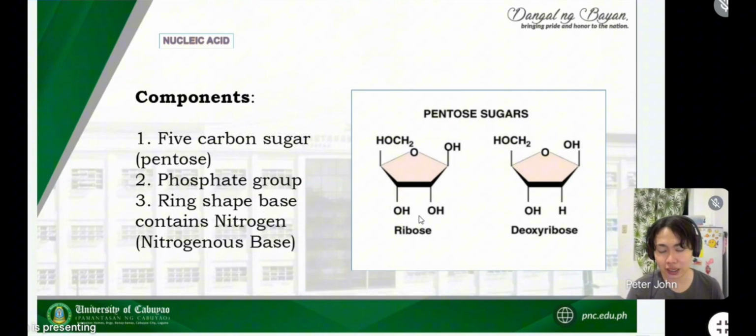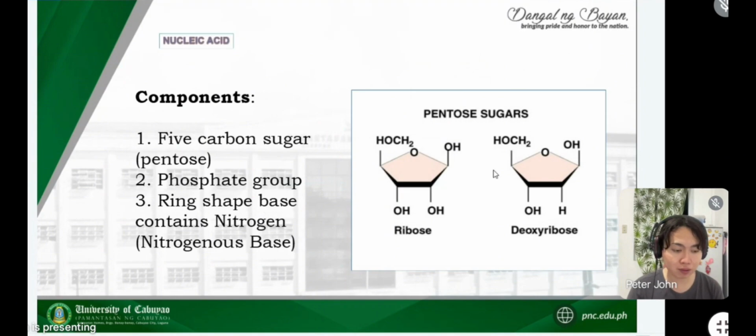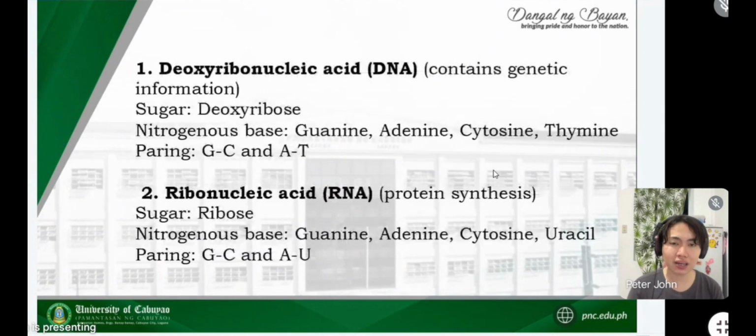So, ito po yung sugar niya. And both types of nucleic acid ay magkakaiba yung tawag sa sugar nila. We have the ribose, and we have also the deoxyribose. Okay, so itong sinasabi ko na dalawang types ng nucleic acid: si DNA, or yung pinakabuong pangalan niya, deoxyribonucleic acid, and we have the RNA, or mas kilala natin yung ribonucleic acid. DNA contains our genetic information. Yes po, it is a type kung saan the reason bakit magkakaiba nga yung itsura natin. And the sugar is deoxyribose.